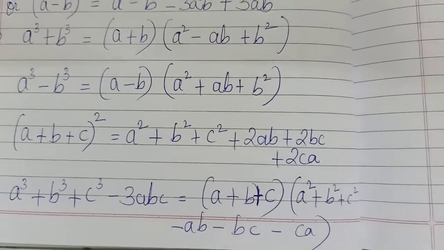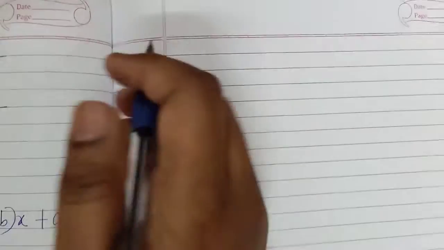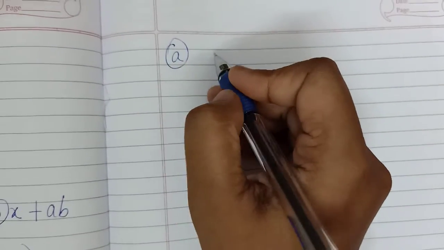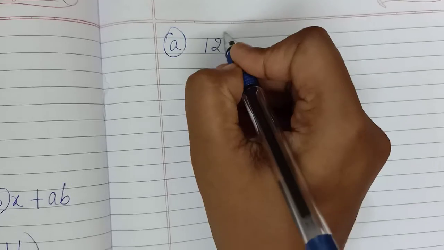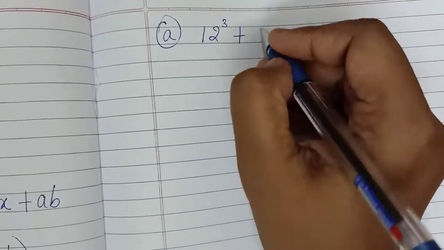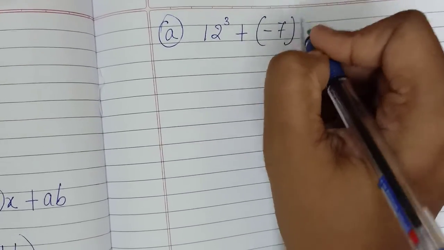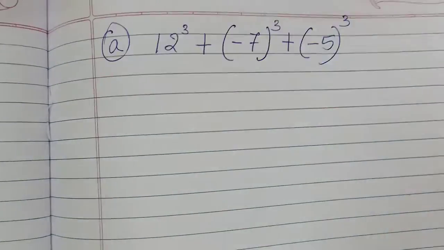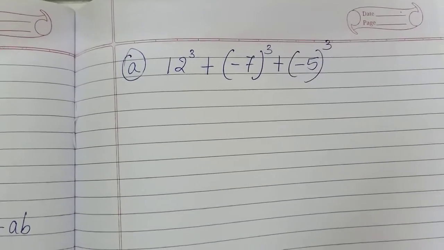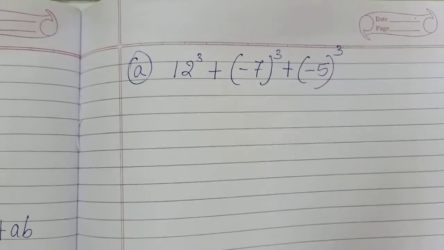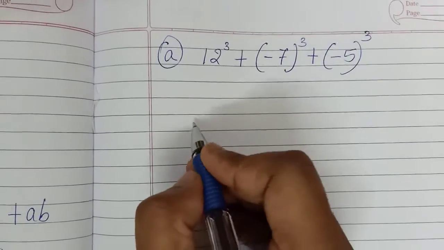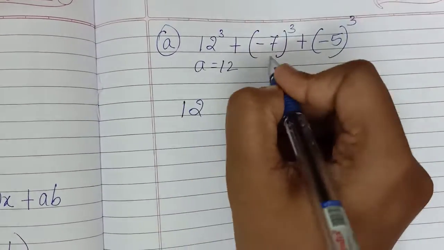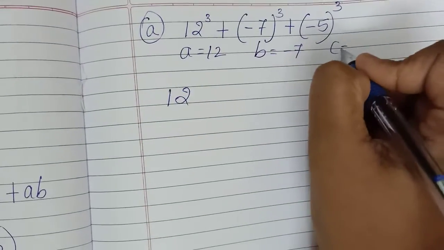I know one question they ask, where you have to find the answer for 12 cube plus (minus 7) cube plus (minus 5) cube without actually finding the cubes of these individual integers. What you have to do is, assume a as 12, b as minus 7 and c as minus 5,